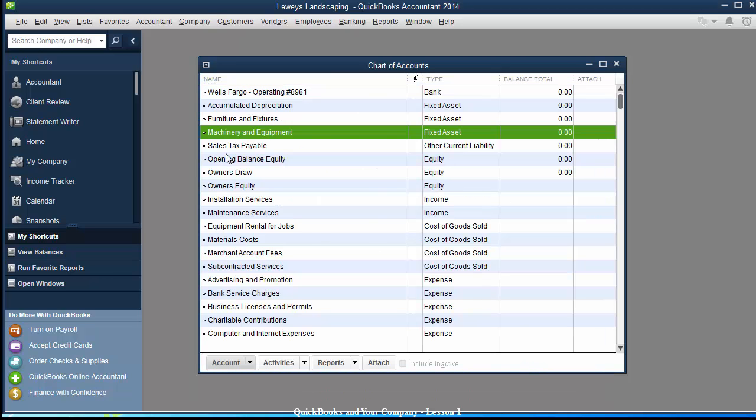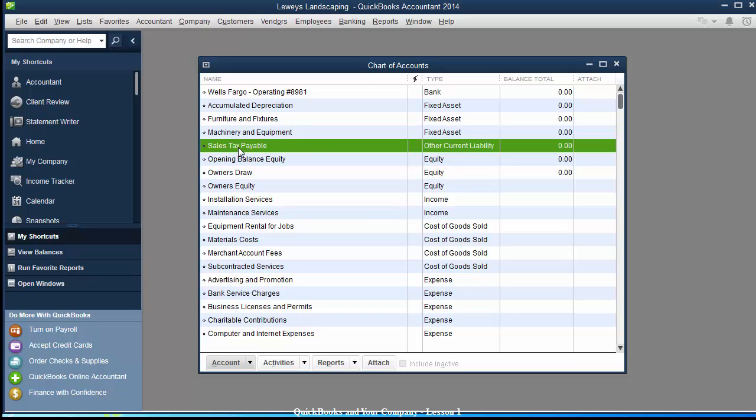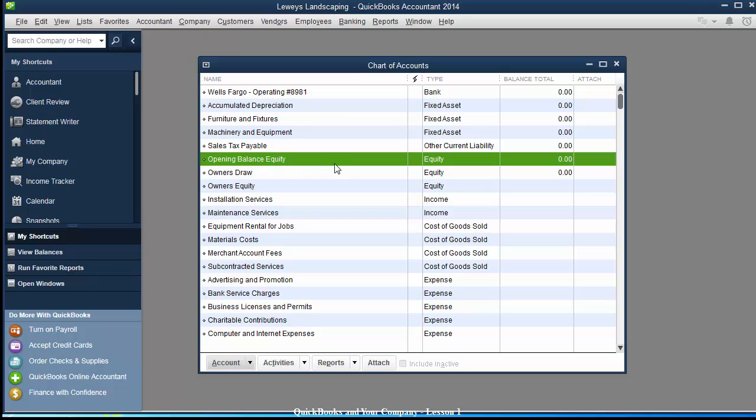We don't have any vehicles right now, so we're not going to have that. We do have a sales tax payable, a liability account. We have our opening balance equity. Your opening balance equity is used